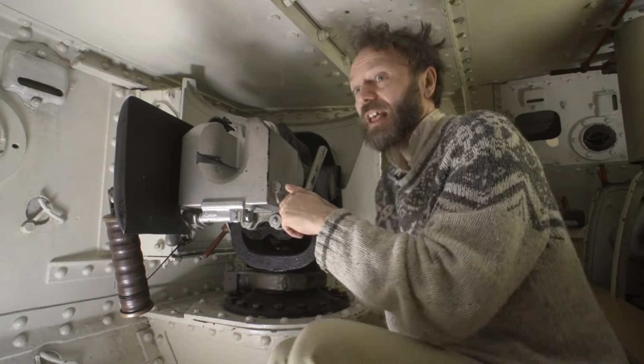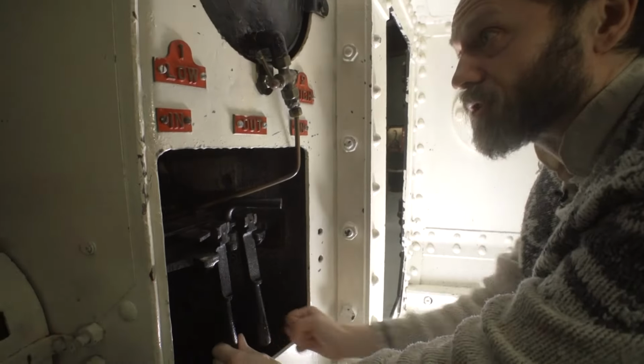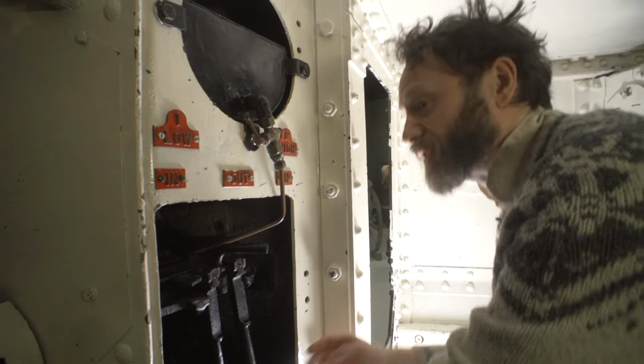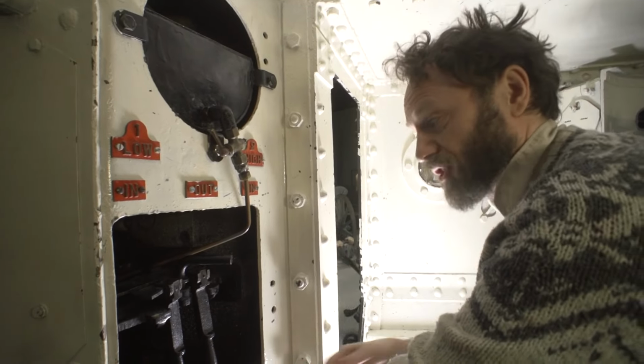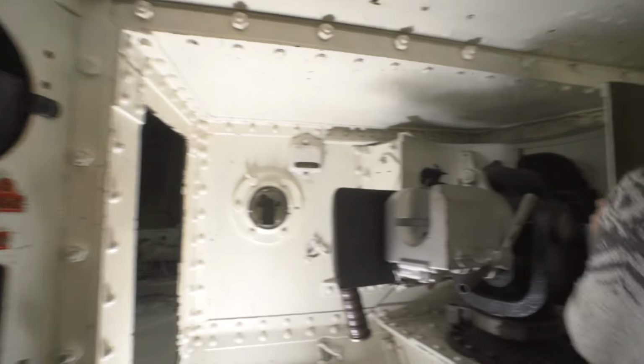Now, there are 8 men in here, so we've got 2 on this gun, and then just here, there's a gear operator, and he's operating the gears here according to the instructions: low, high, in, out, in, and there's another one the other side. But how does he get his instructions? Well, clearly someone has to attract his attention, so they could just whack him on the shoulder. Oh, what? What does the commander want? Well, the commander